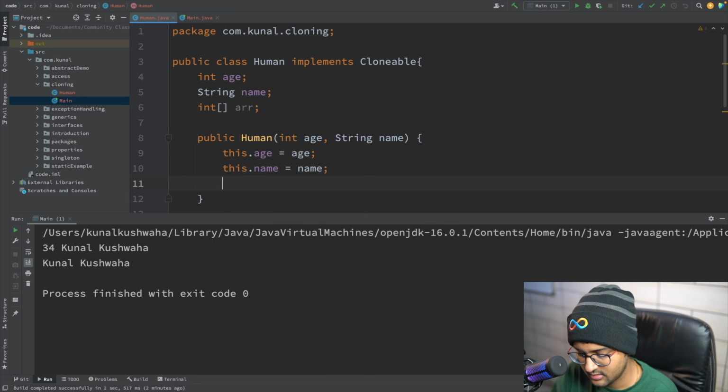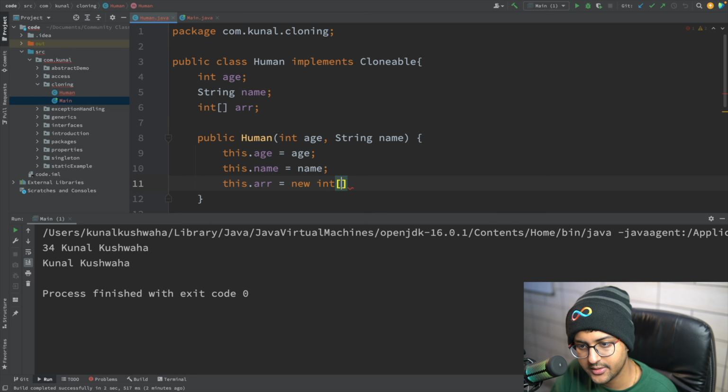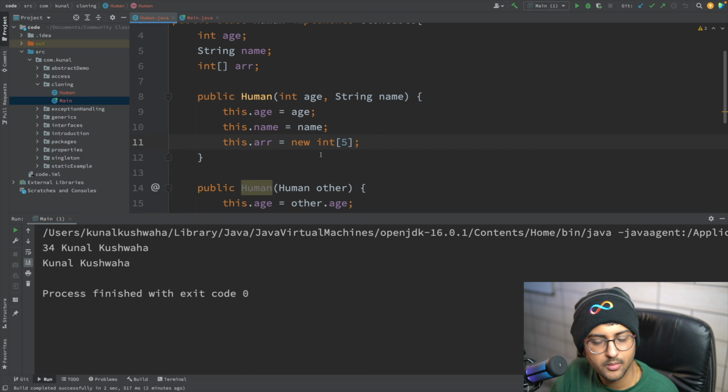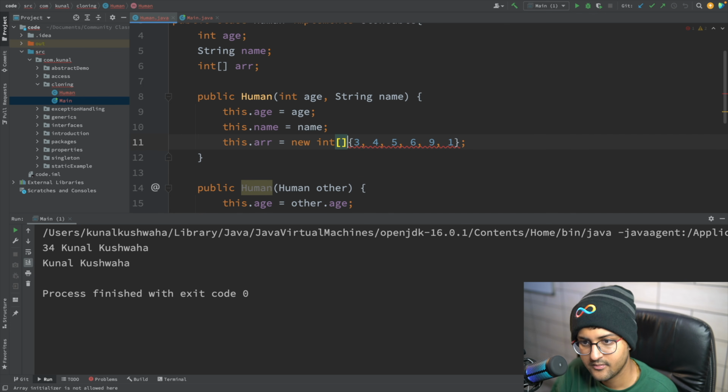There I can say this.arr is equal to new int[5], or I can just add something like 3, 4, 5, 6, 9, 1 or whatever, new int, like that.